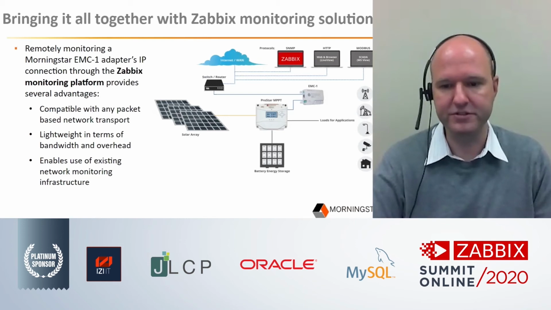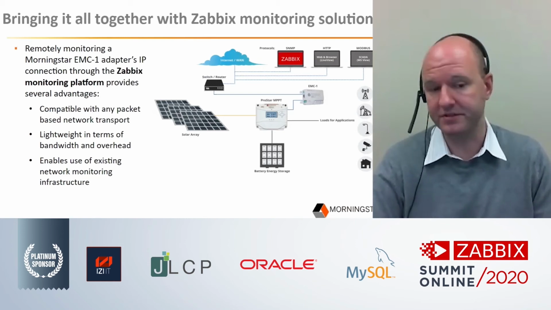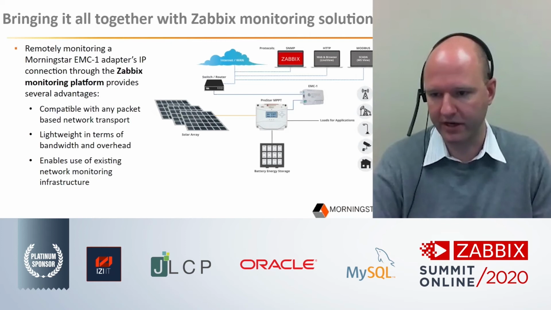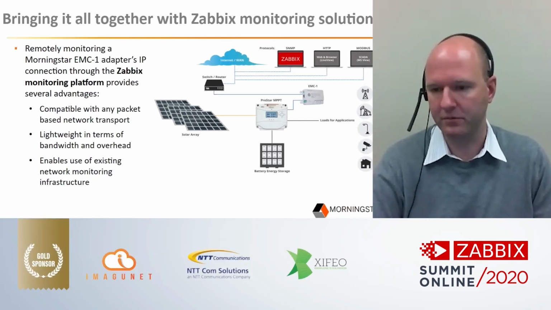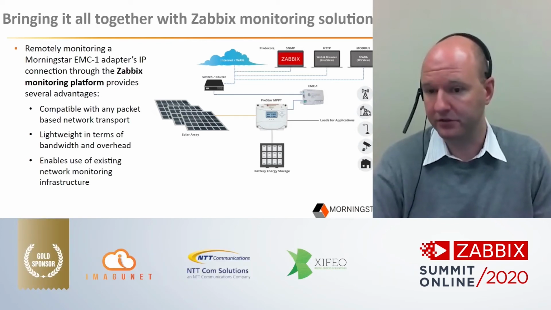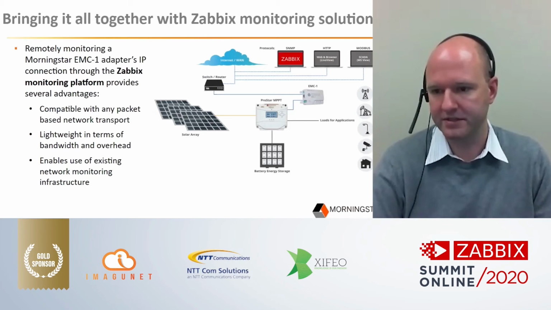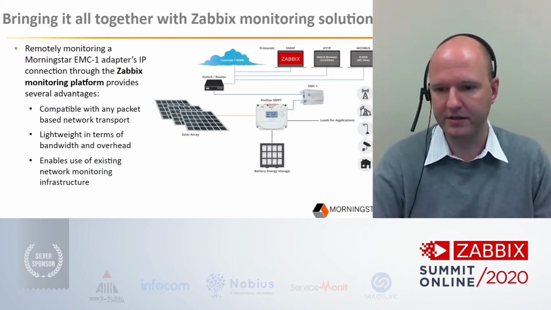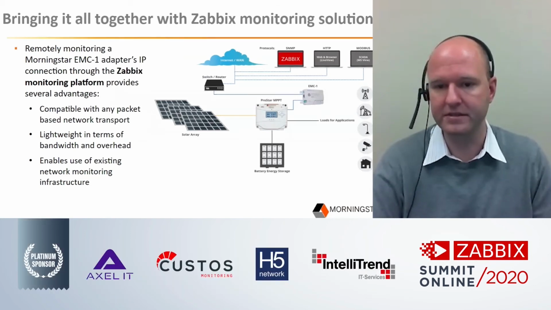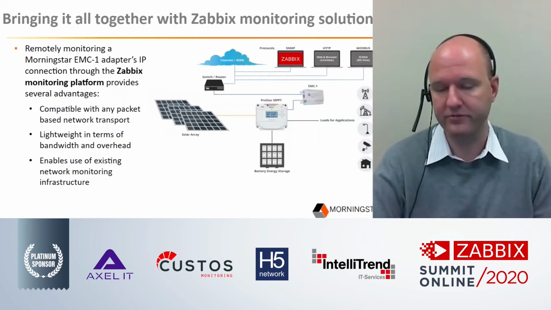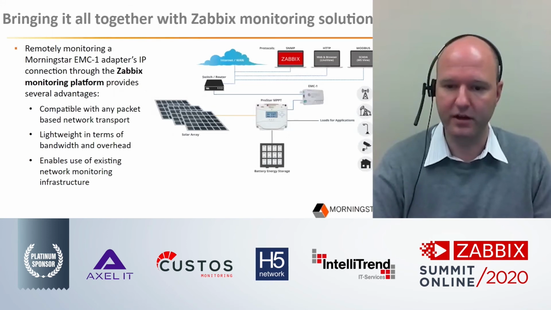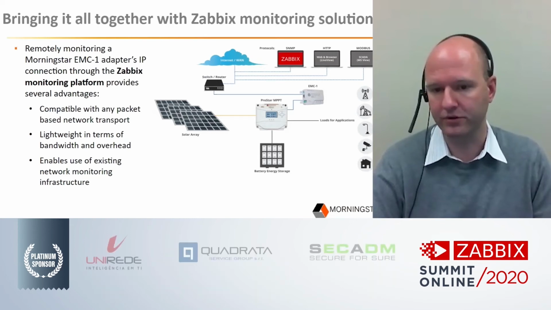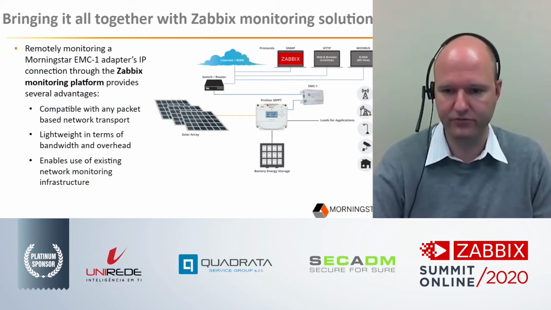So the benefits of using an IP-based solution, of course, is it's compatible with any network transport layer. And there's a variety of wireless applications in the field, including point-to-point, licensed, unlicensed, Wi-Fi, proprietary wireless protocols, cellular, and more recently, some notable gains in the satellite industry have provided lower latency and higher bandwidth. And with satellite, you can often reach almost any part of the world, which gives it great benefits for solar